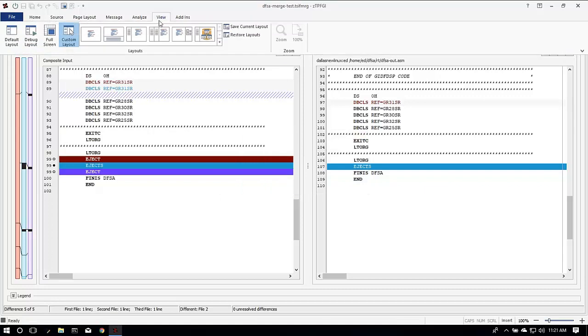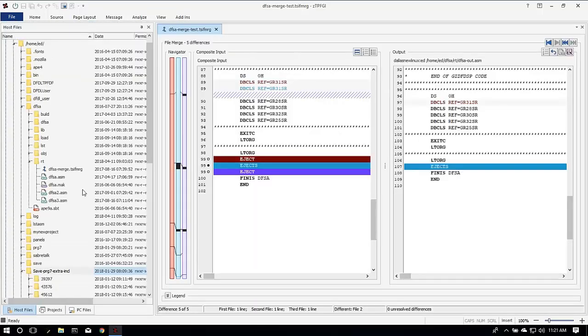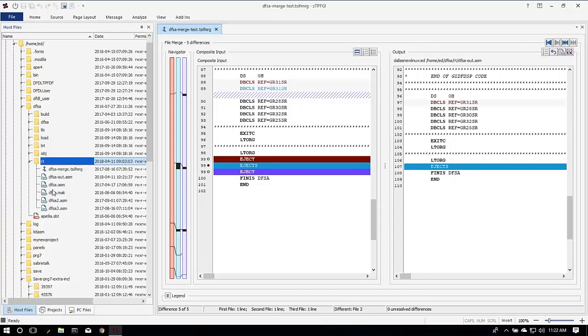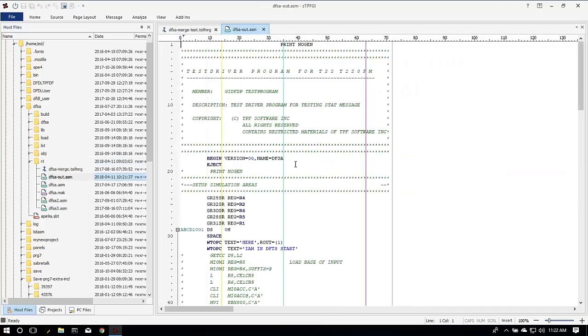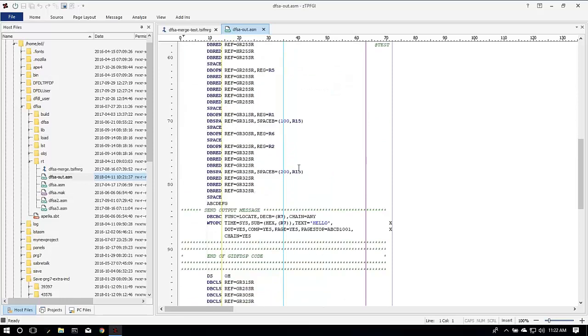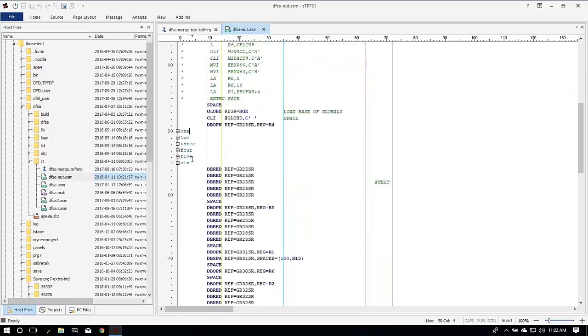So we go to the default layout, because remember I went to max layout just to gain a little more real estate. Let's see, let me refresh, and there it is, DFSA out, ASM. If I open that, that has the choices we made, and so then we can test with this source file and decide whether it really works. I would not recommend using it, but